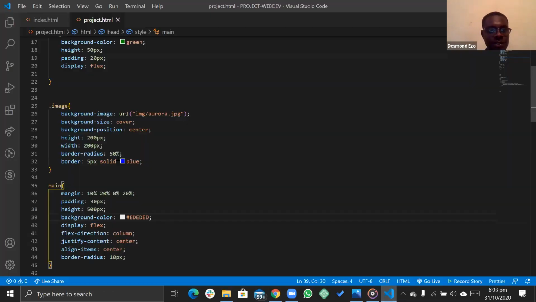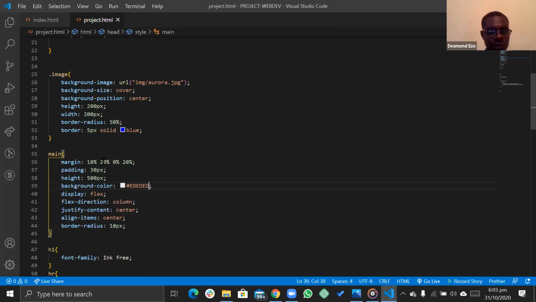We applied it using percentage, about 20%, 20%. So main margin, 20%. Let's reduce this to 3%, and let's take this to 15%, and take this to 15%, and save.